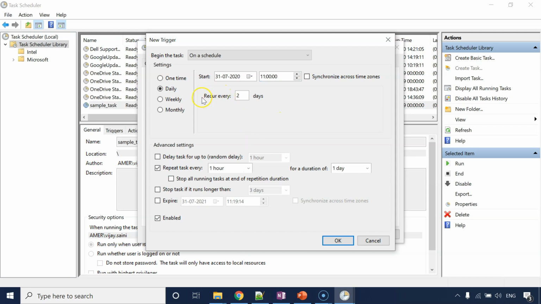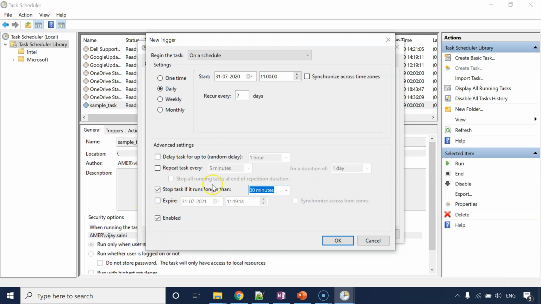So here you have defined that you want to execute the task every second day, but on the day when it executes, if you want to execute it multiple times, let's say every 1 hour or every 10 minutes, you can set the time over here. If the task is hung and it keeps on running for a lot more time, then it is not good for system health, right? So you can define the limit over here. Let's say if this task is taking more than 30 minutes, I do not want to continue with it, and kill the task, so that your system's health is not spoiled because of this scheduled task, right?